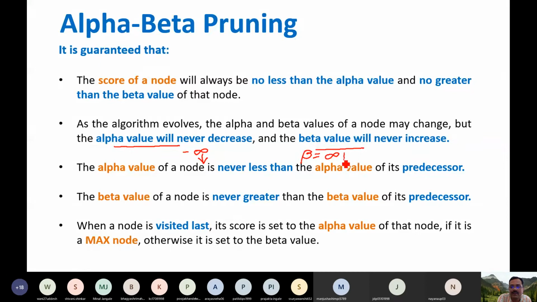So in the updation process, we are going to update the value of beta, so that will decrease. In the worst case, it will be infinity. Over a period of time, after updation, the value will be lesser than infinity. So alpha will never decrease. The value of alpha will be greater than this. That means show the arrow in this way. It will increase, and beta will never increase. That means it should decrease.